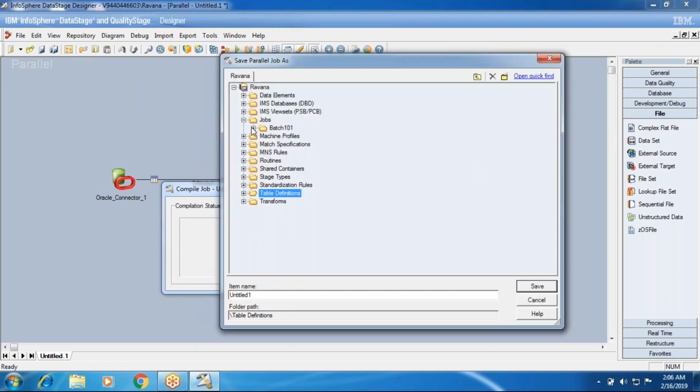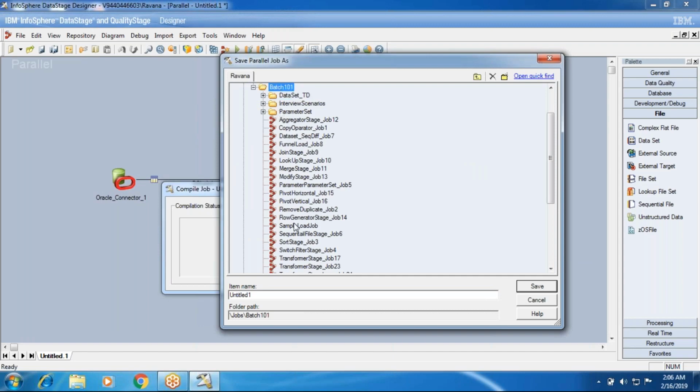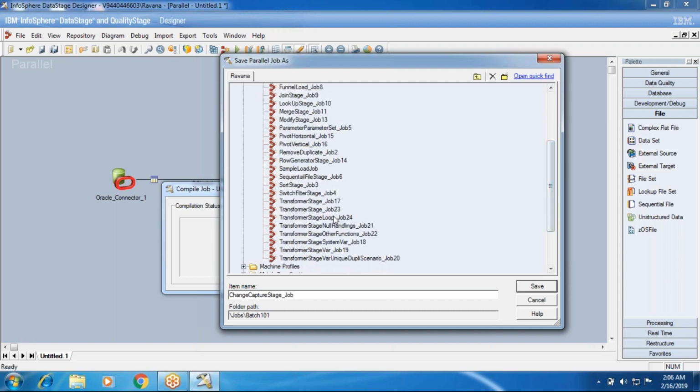I need to save this job. I'm going to save this as change capture stage job. The job name: job 24 was your transformer loop job, and 25 would be the change capture job.